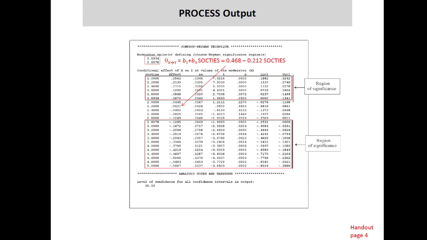So what it's telling us is it finds two values that identify the regions of significance of the effect of x on y. Those values are here, 1.89 and 2.81. That in itself is not very helpful, though. We need more information than that. So it generates this table where it slices the distribution up into 21 values. It gives you the values of the moderator, calculates the conditional effect at all those values, brings in the values of the moderator into that table that it identifies as the regions of significance.